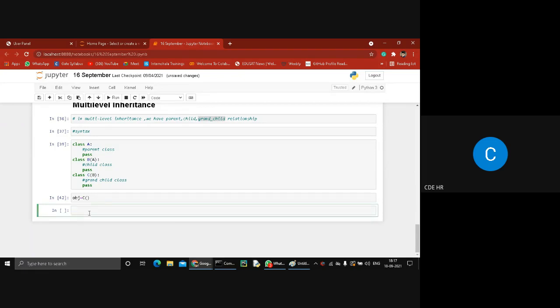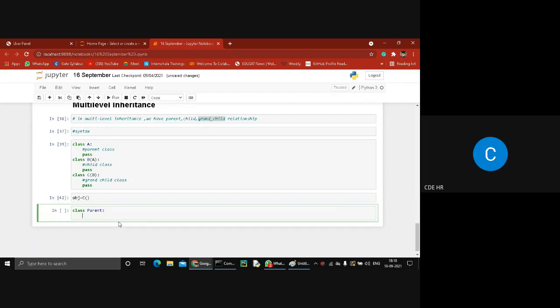Yes, sir. Okay. So now I'll give you an example of how multi-level inheritance works. It's again a little long, so give me a minute. Now, firstly, we have to create which class? Parent, child, or grandchild? Yes, parent. Firstly, we create a parent class.